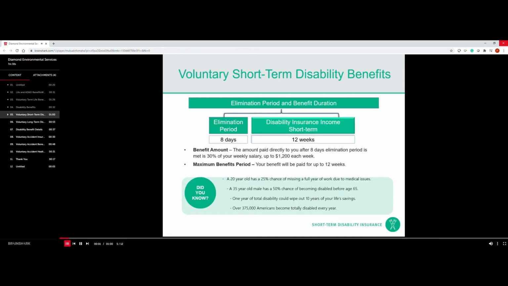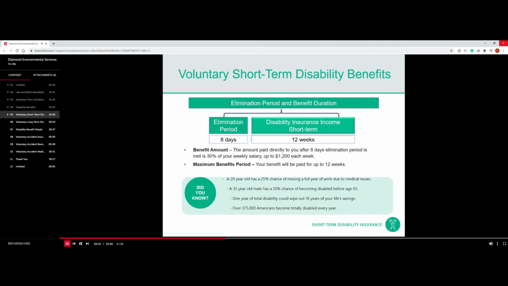You have an opportunity during this open enrollment to enroll in voluntary short-term disability. Let me explain how the short-term disability plan works. Short-term disability will pay you when you're out of work because of such things as pneumonia, maternity, or you need to have a surgery. As long as your doctor deems you disabled, you will be able to receive a benefit